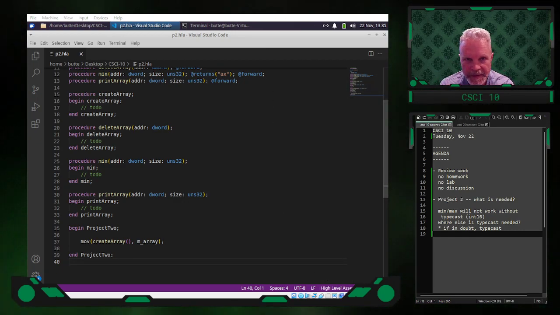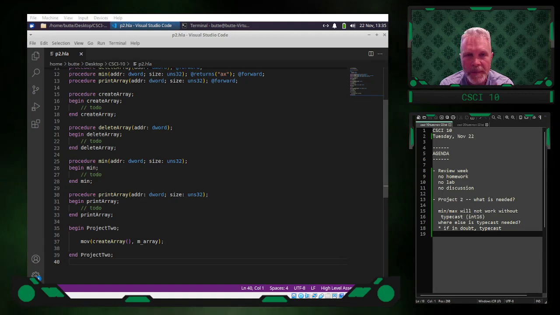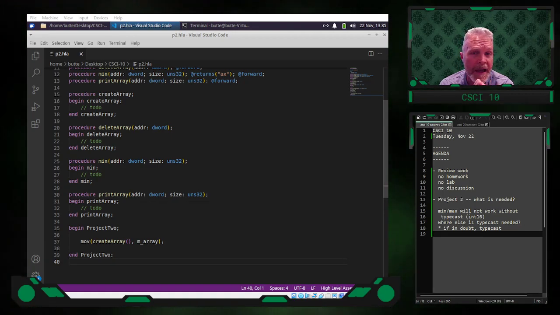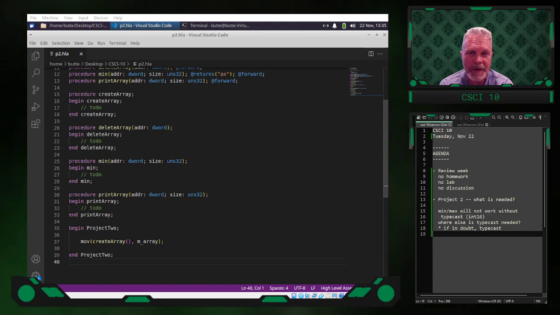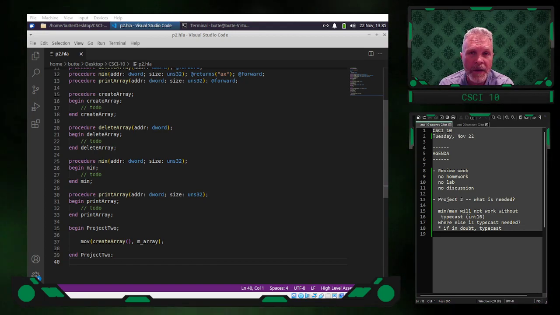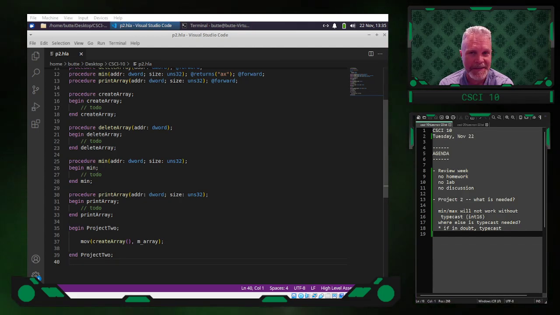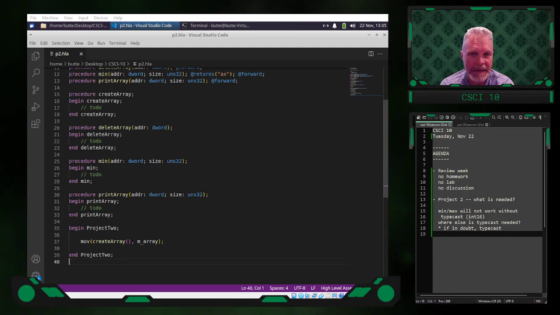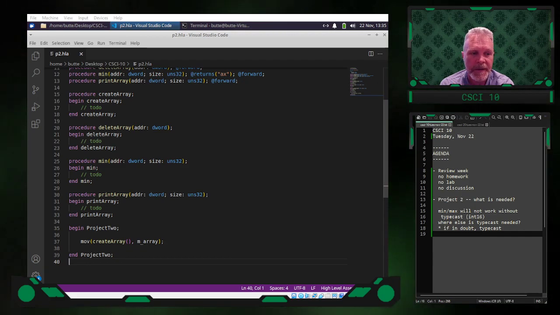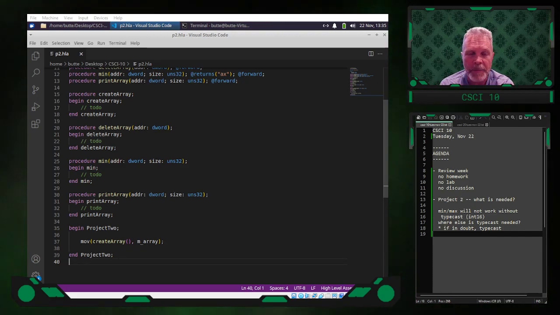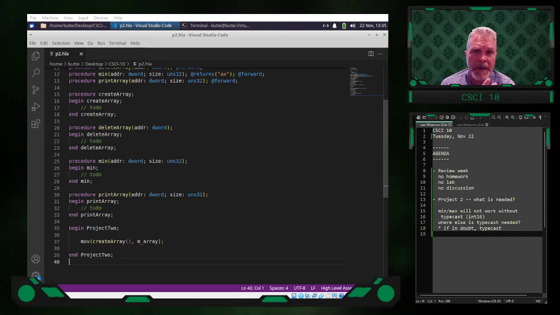So anyway, that's my last thing to remind you about: if you are in doubt and you are accessing your dynamic array, if in doubt, typecast. The way to erase doubt is to test. So if you run the program, give it a mix of values, negative and positive values. You should also, by the way,